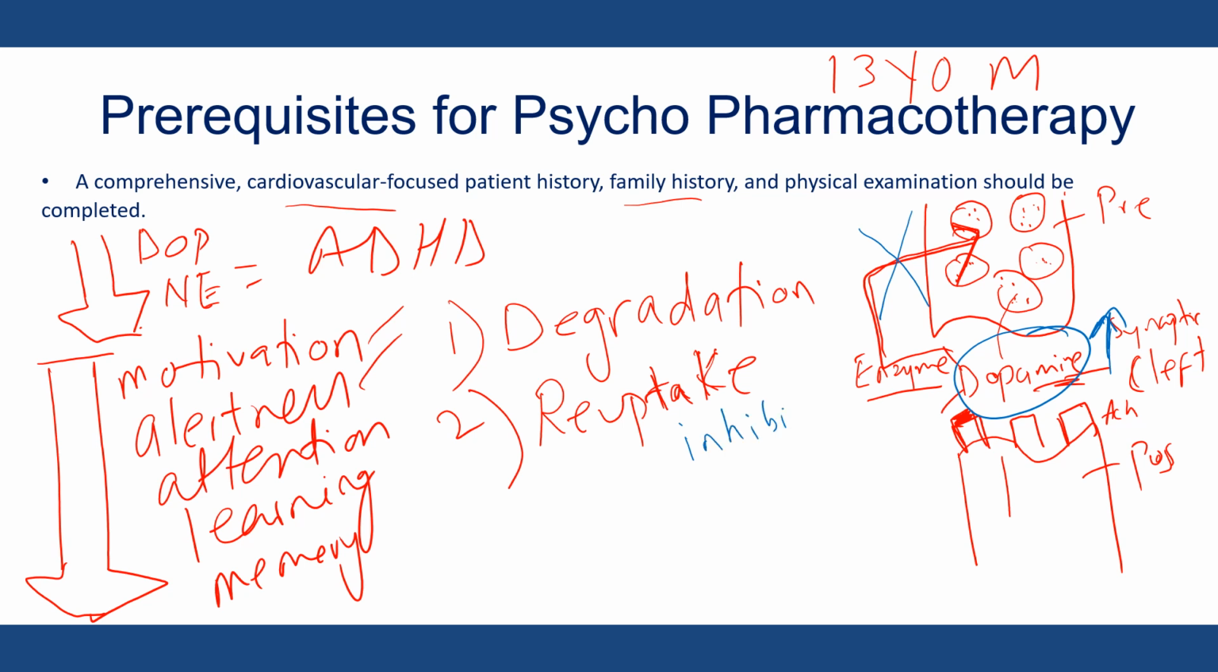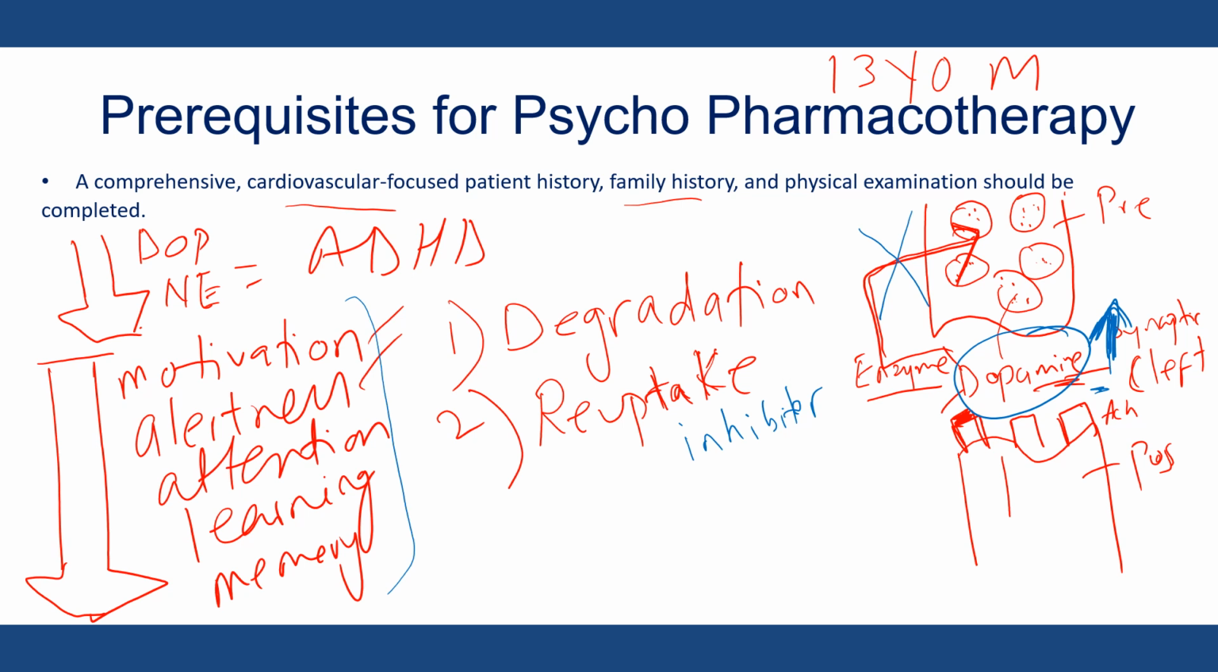And by inhibiting either dopamine or norepinephrine reuptake, you increase the level of dopamine in the synaptic cleft, and sometimes that's all you need to actually manage the symptoms, and that's what is happening with these patients. Now,